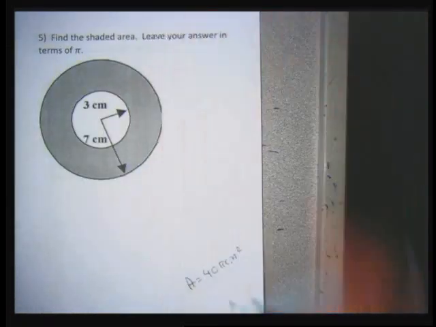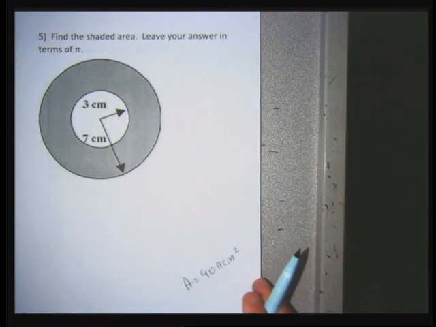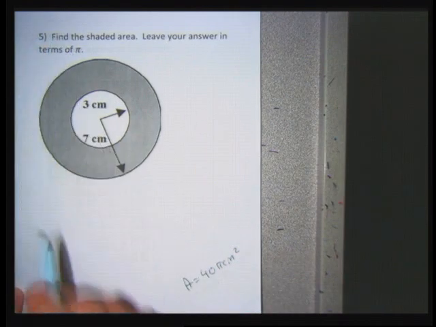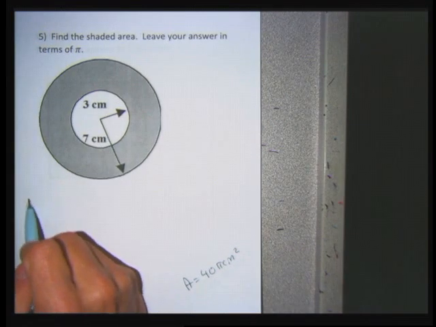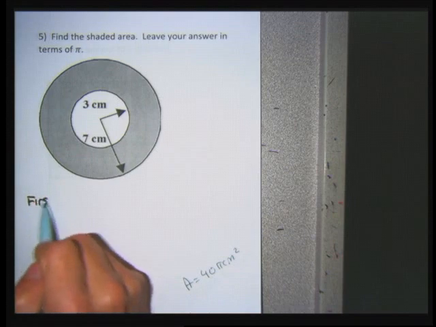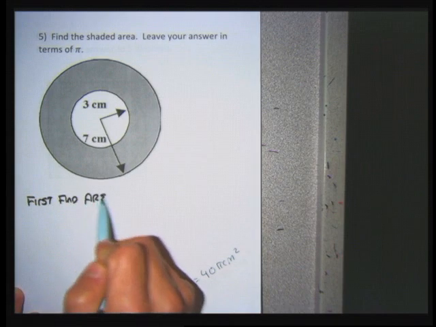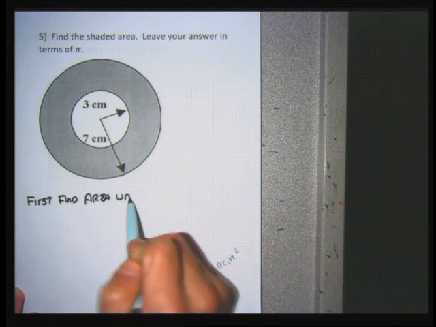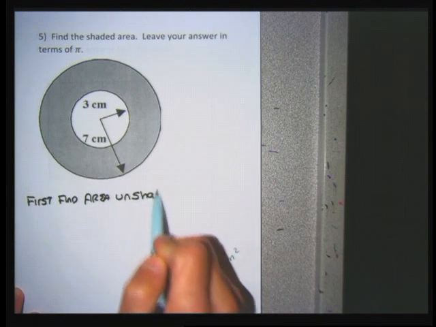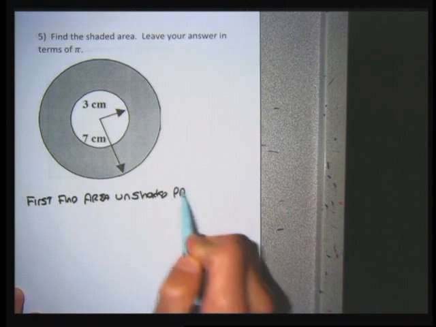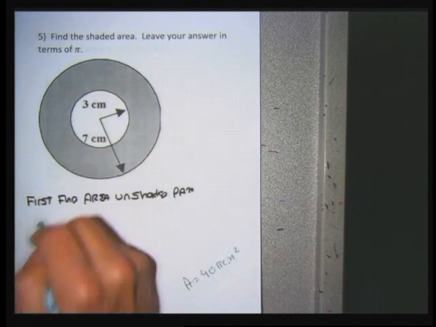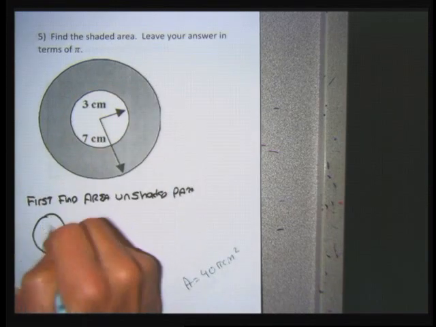Okay, find the shaded area. So that's kind of a two-part problem. Leave my answer in terms of pi. So first, I'm going to find the area of the unshaded part. And that's that circle in the center